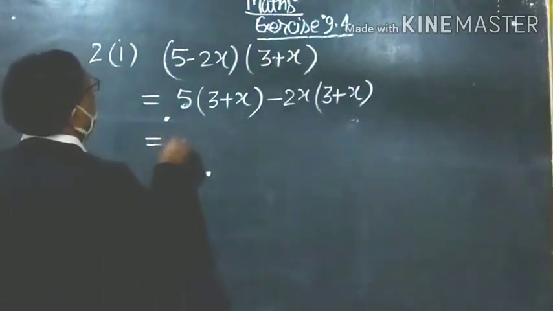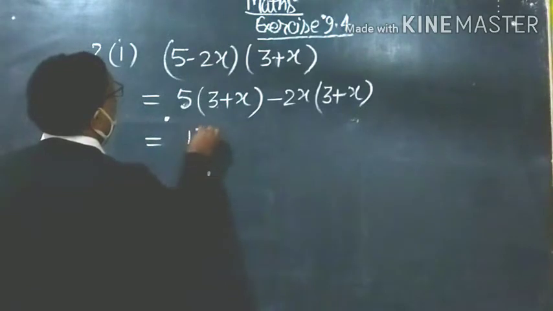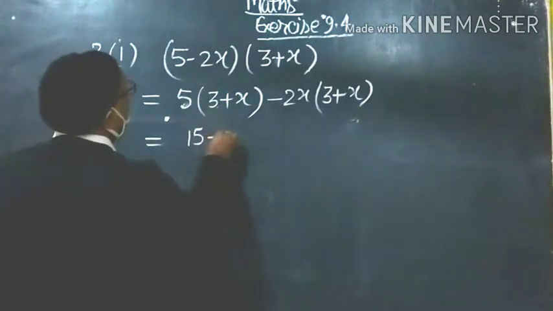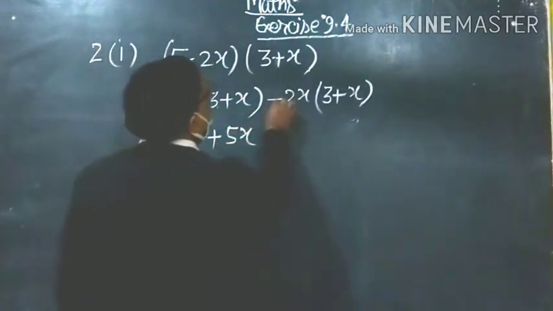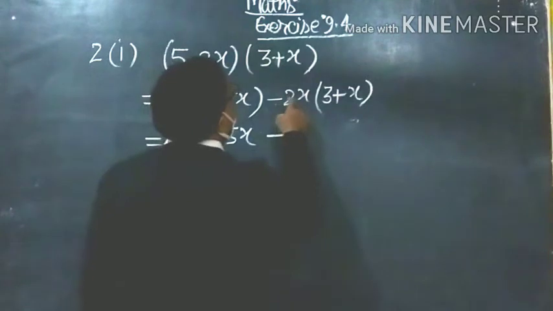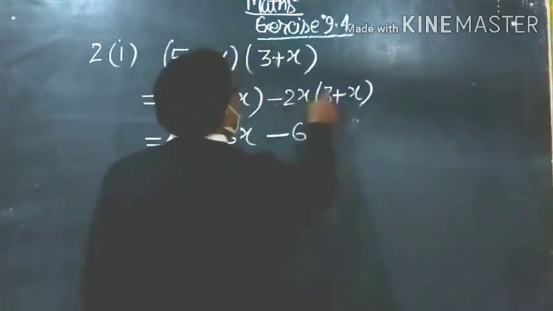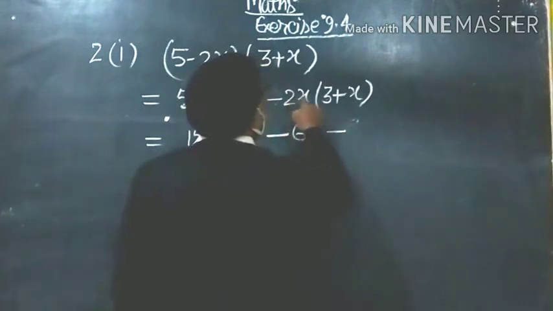In this sequence, you multiply 5 to the 3, 15; plus into plus, 5 into x, 5x; minus into plus, minus 2x into 3, 6x; minus into plus, minus 2x into x,